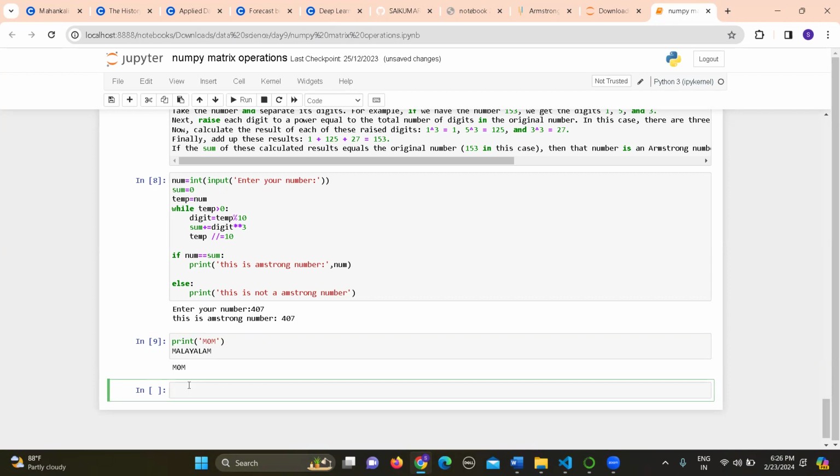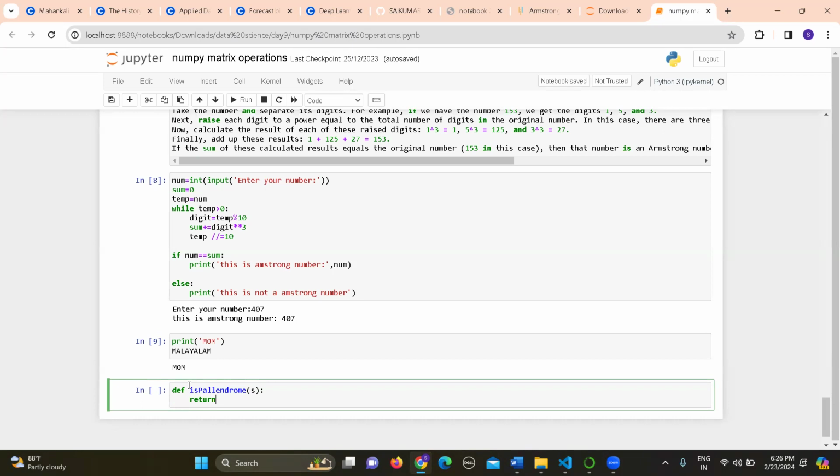And for that case, I'm writing a code, and further I'm defining a function that checks palindrome or not. Palindrome or not. Okay. And return in code is usually performed only once. Return as equal to